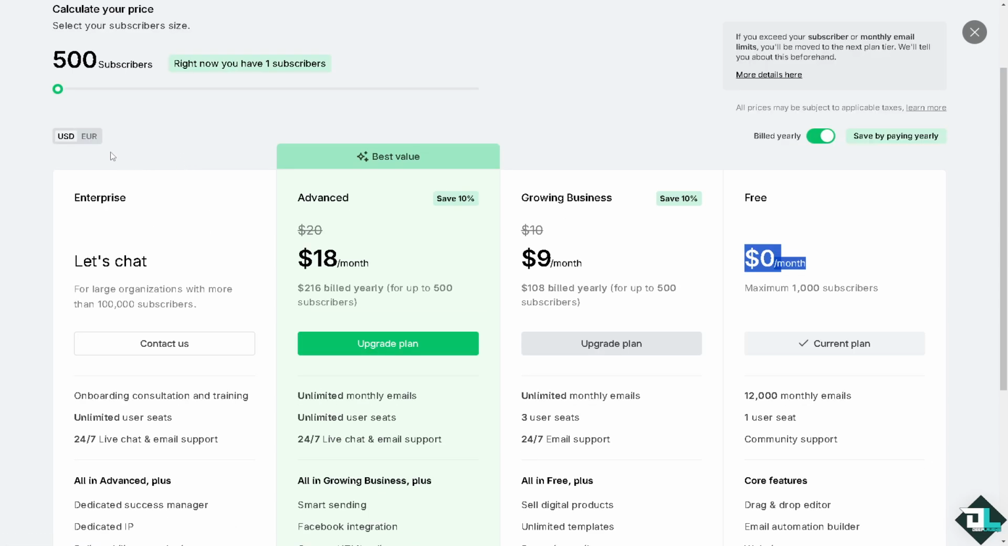You can also choose your native currency. If you're using US dollars or European currency, you can choose from any of the following. For example, I'm going to be choosing USD and I'm going to select the growing business. If I click the upgrade plan, what will happen is,